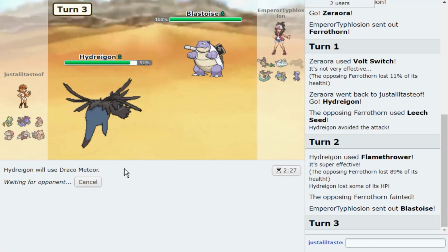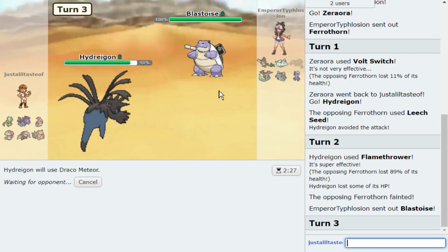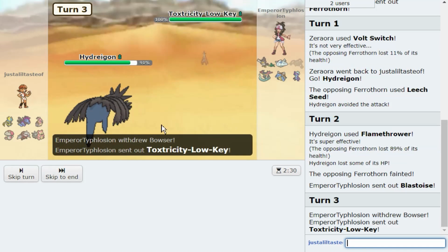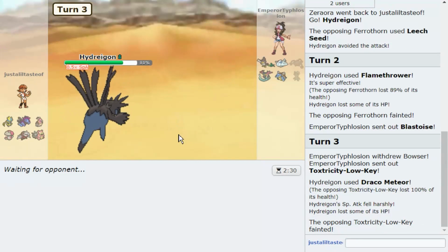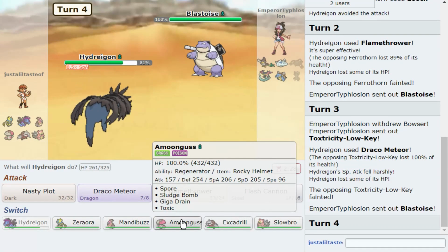I'm going to drop a Draco on this Blastoise, that way it can't Shell Smash and destroy me. I'm assuming that's what it's going to try and do here, as they end up going out to Toxtricity, which is a very good play on their part. A very, very good play on their part, as Blastoise is going to come out. I'm going to hope that AMOONGUSS can...